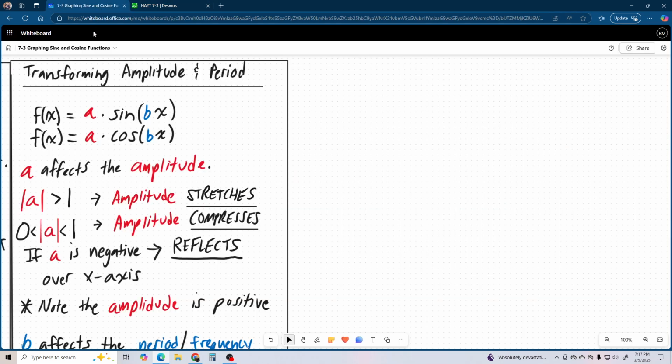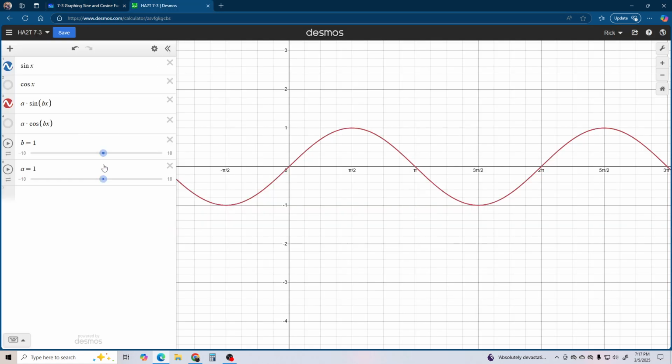Okay, so let's go back to 1, because now we're going to talk about what happens if it's less than 1, what happens if it's greater than 1. Obviously, if it's 1, it's just the standard function, right? But if it's negative, well, it does what it always does in this case, right? We're going to reflect over the x-axis. So let's go to -1 and just compare. It's actually going to look kind of cool, right? Yeah, this is our